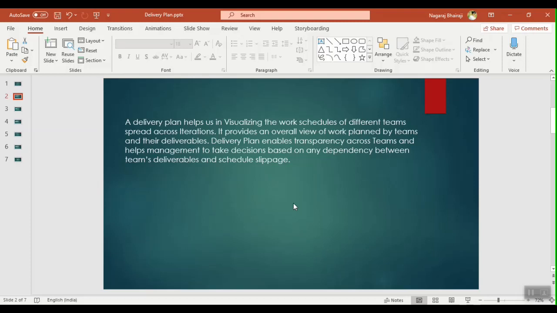Hence, delivery plan helps us in understanding the dependency between the teams and understanding the work schedule and when and what features will be available so that the other teams can also plan accordingly.